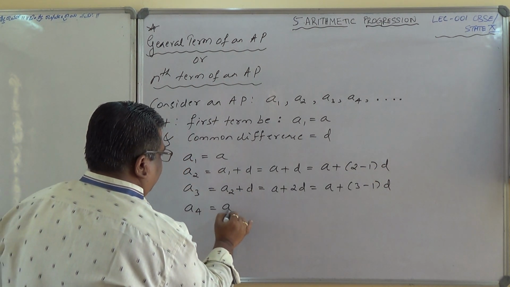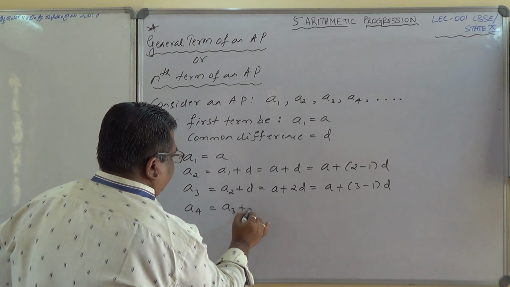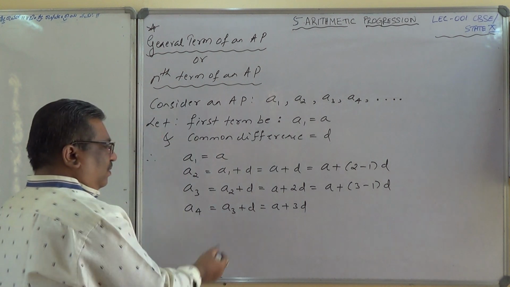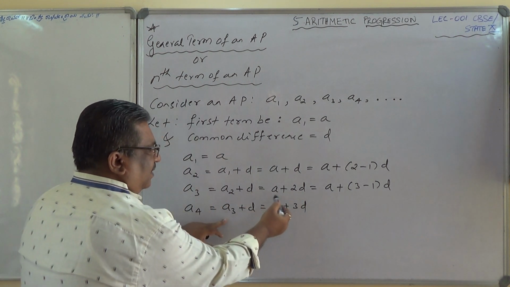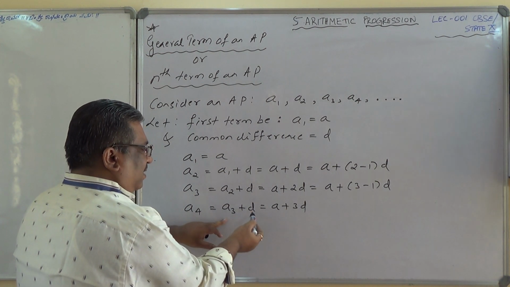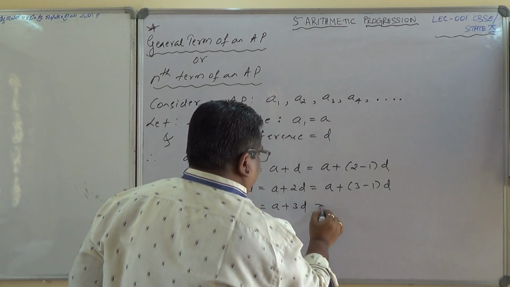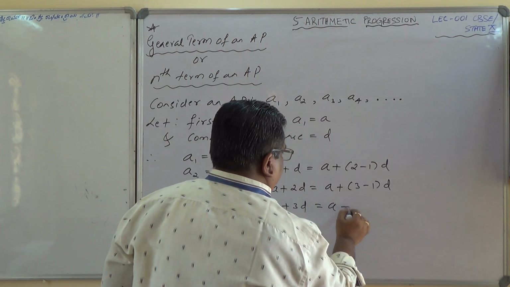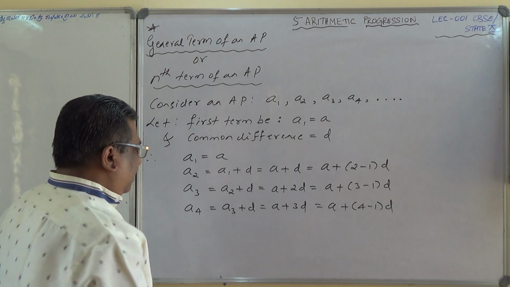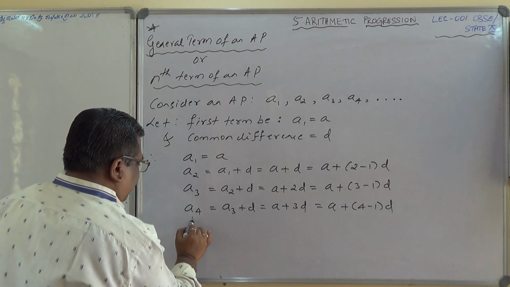A4 equals A3 plus D, which is nothing but A plus 3D. Why is it so? A3 equals A plus 2D, and A plus 2D plus D is A plus 3D. Now can I write A plus 3D as A plus (4 minus 1) times D? So similarly, if I continue here,